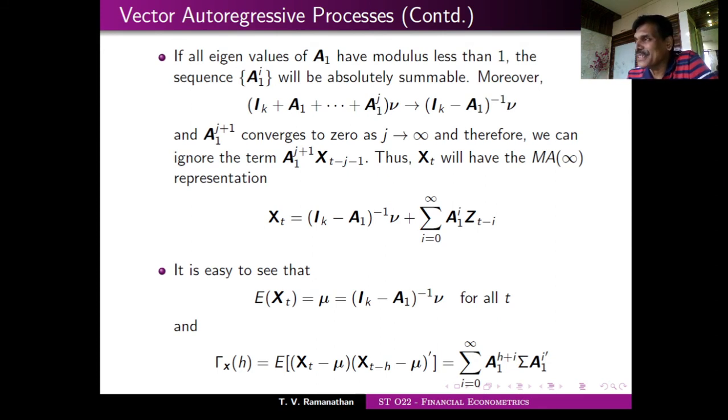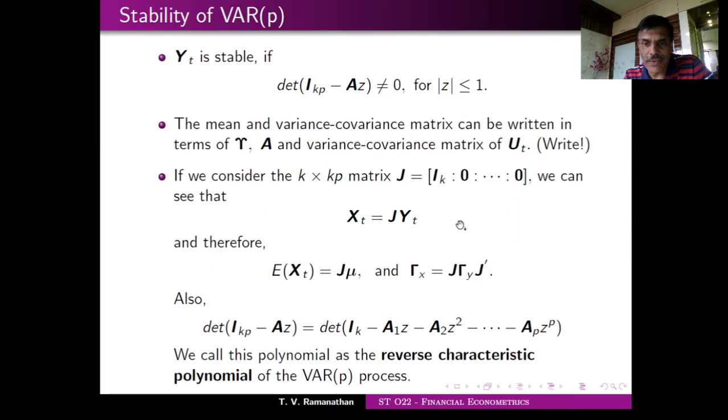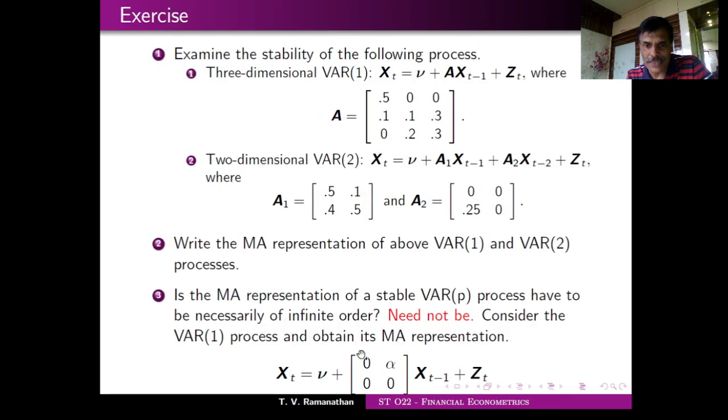But in a matrix, when you are taking powers, it can so happen that at some stage it becomes zero. Then all the higher powers are going to be zero. So this need not go up to infinity. Of course, you can write infinity as a representation, but it may go only up to a finite number. Okay. So I have given an example where you have to do this exercise.